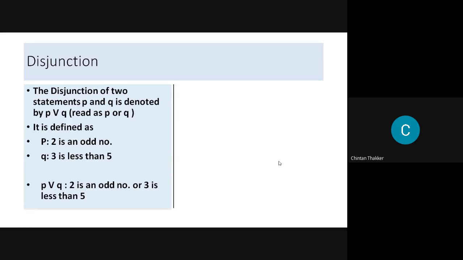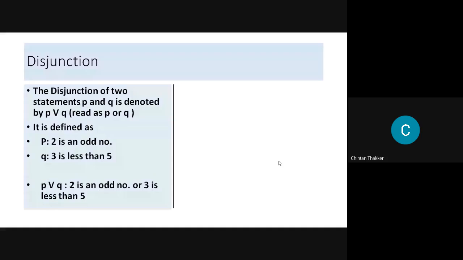In disjunction we use the OR operator. So if we have two statements P and Q given, then we use the symbol for P or Q. Like P is given: 2 is an odd number, Q is given: 3 is less than 5.